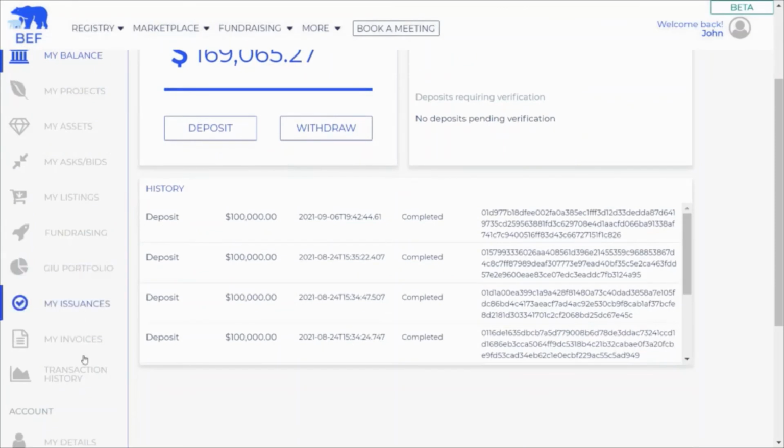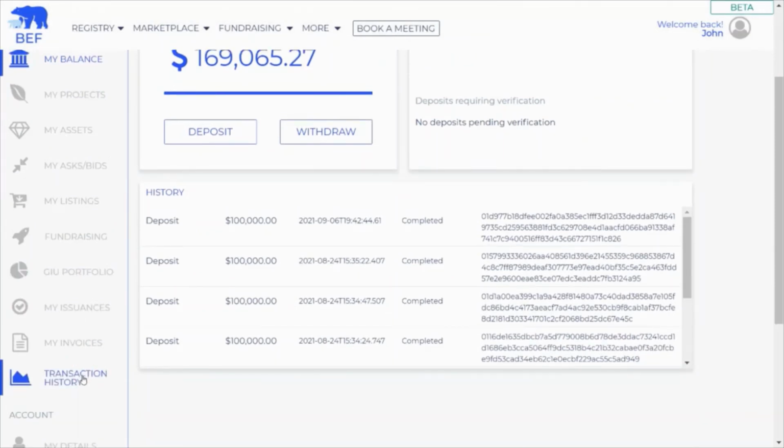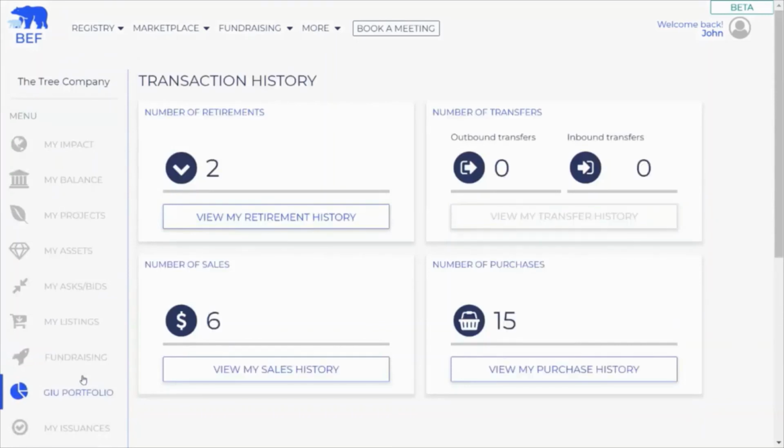Now, as a seller, I can also see all my transaction history as well. So if I click the transaction history tab here, I can then see the number of sales I've done, the number of retirements, transfers, and also purchases. Now, if I go to view my sales history,